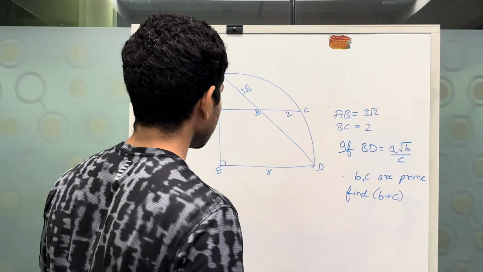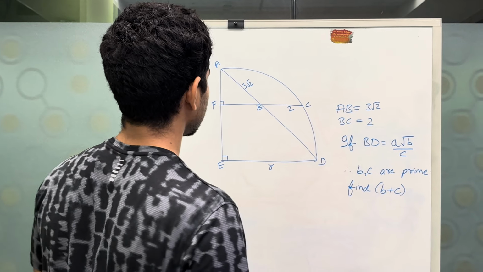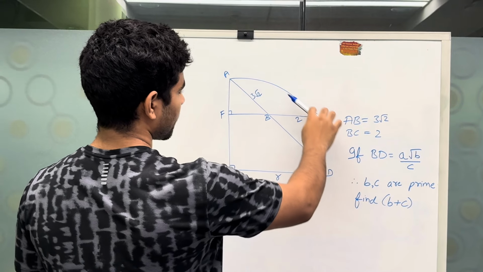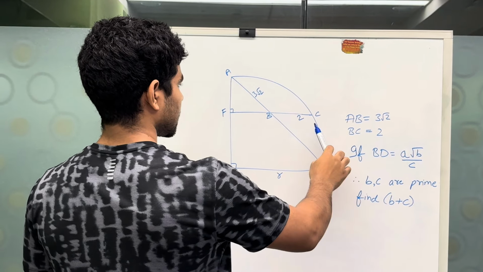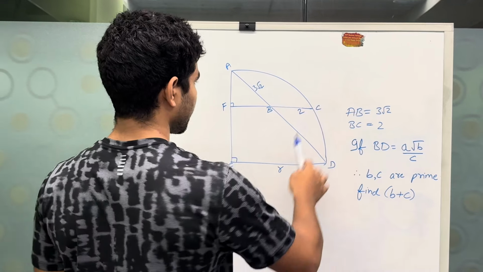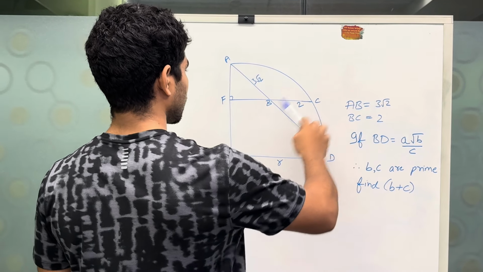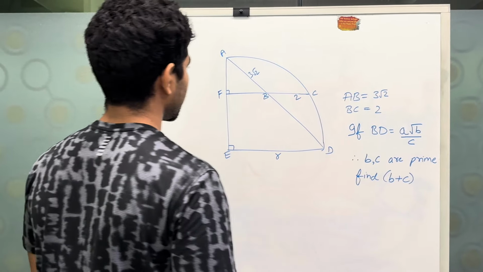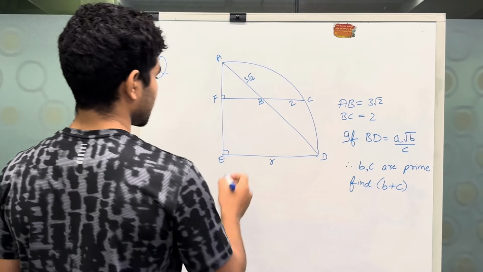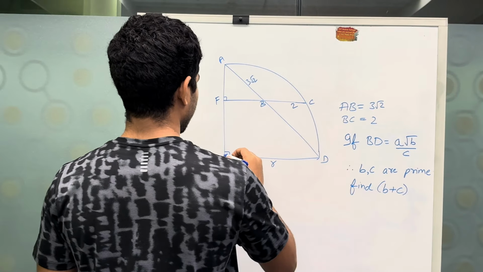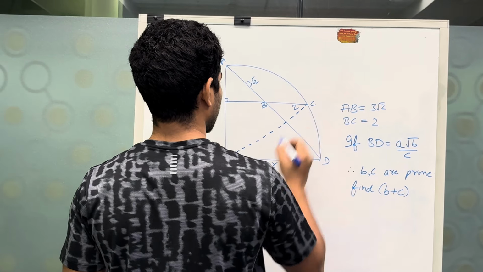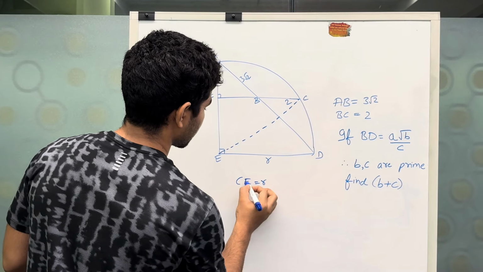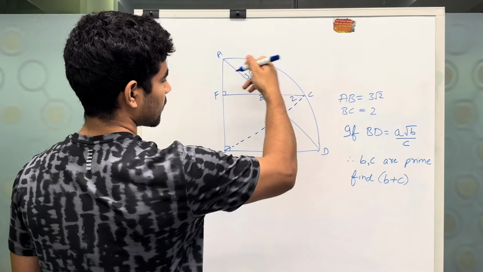Now, to solve such questions, keep in mind that E is the center, and any point which is on the periphery of the quadrant, which is on the circle, if we connect that point to the center, we know that the distance will be constant and will be equal to the radius, which is small r. Now let's connect the two points C and D. We can tell that CE length will be small r because point C is on the periphery of the circle.